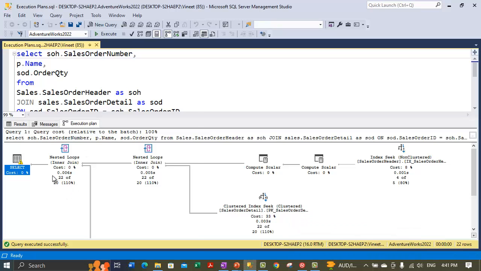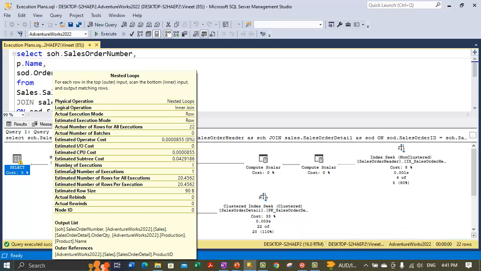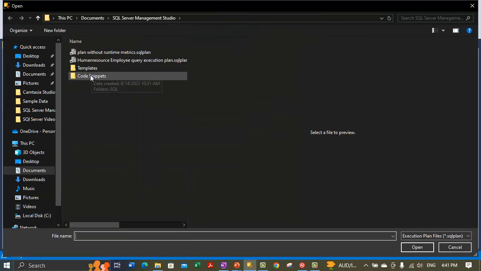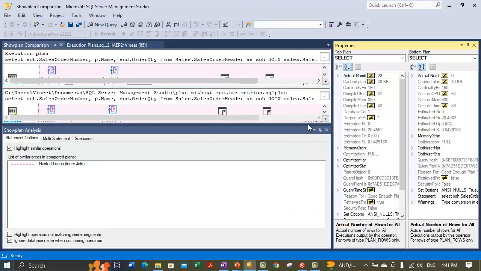Alright, so this is the plan with metrics. Let's compare it against the plan without the metrics. So let's do a compare show plan and select the plan without the runtime metrics. Now